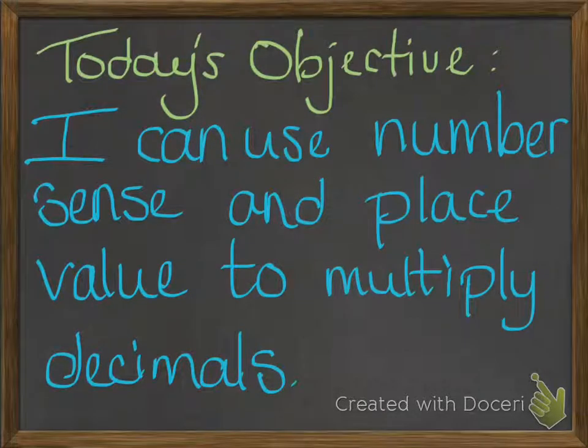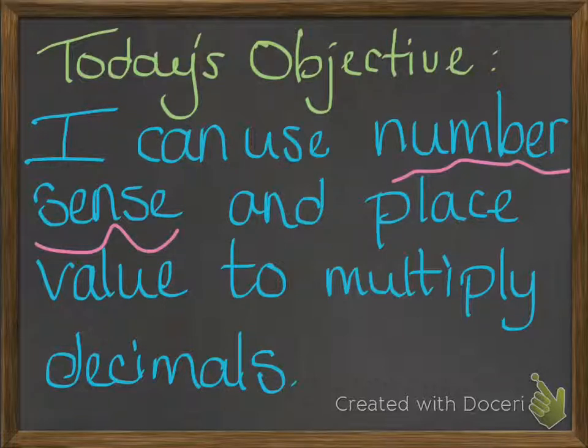Today's objective: I can use number sense and place value to multiply decimals. Well, we know what place value is. Let's talk about what number sense is real quick. Number sense is just the ability to use numbers and to think about numbers and how they are in relationship to one another. So you know that 2 is bigger than 0, for instance. Knowing that 54 is bigger than 39.2, that's number sense. You know how the numbers are in relationship to each other. That's what we're going to use in our multiplication today, thinking about if our answers are reasonable